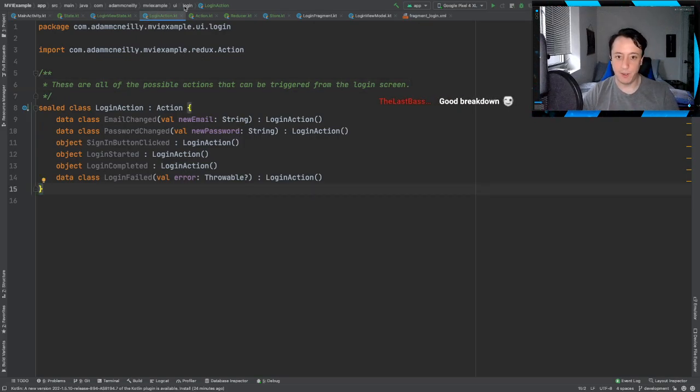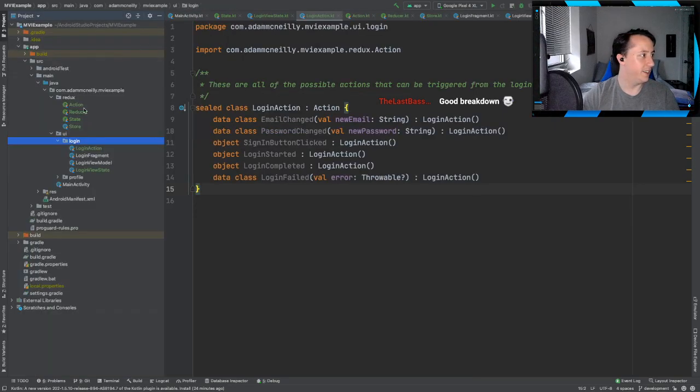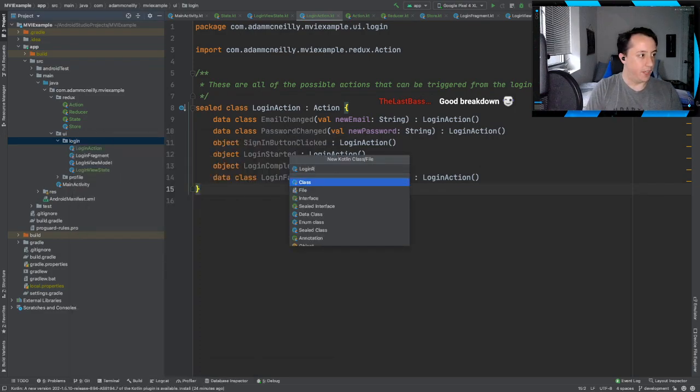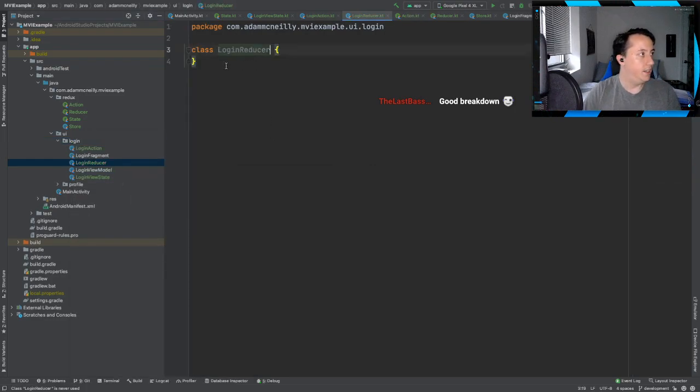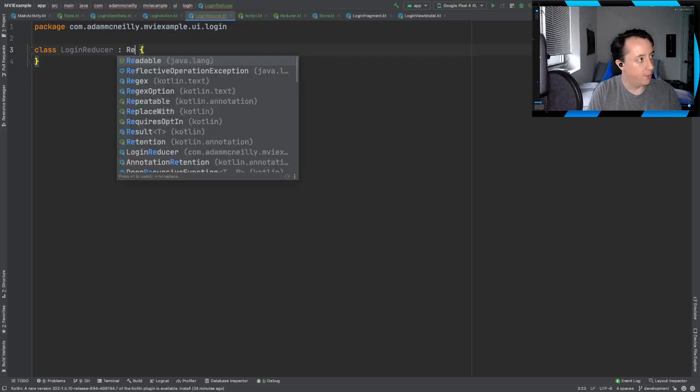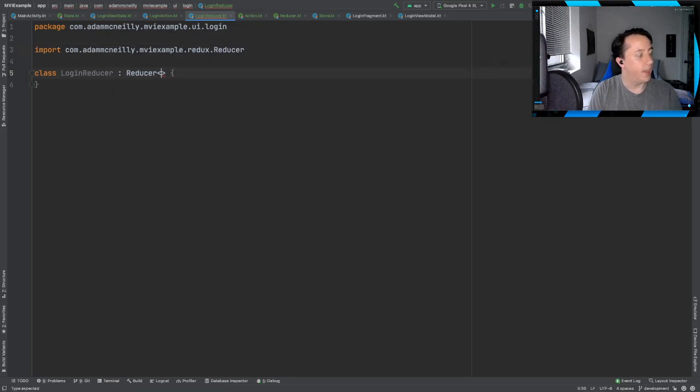We've built our state, we've built our action, so the next thing we could do is build our reducer. So let's do that. Let's build a login reducer. This will be a login reducer, and that will implement reducer. We're going to deal with a login view state and a login action. So that's nice because when we implement this method,